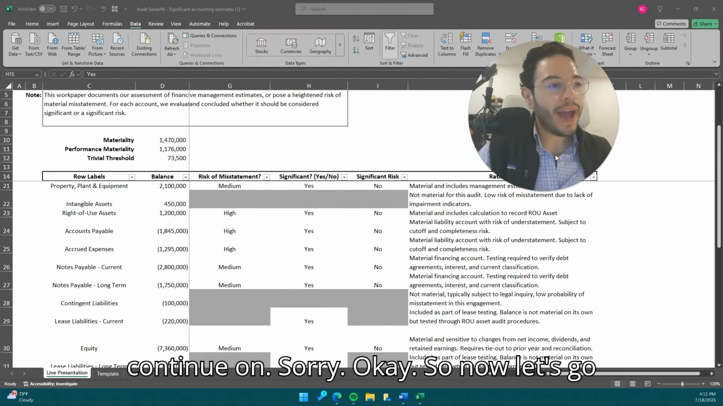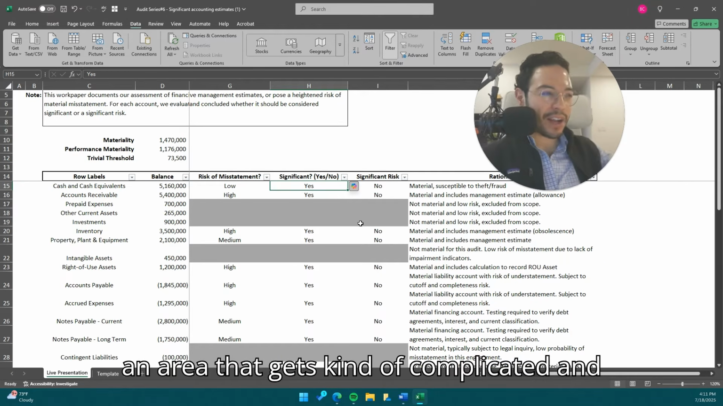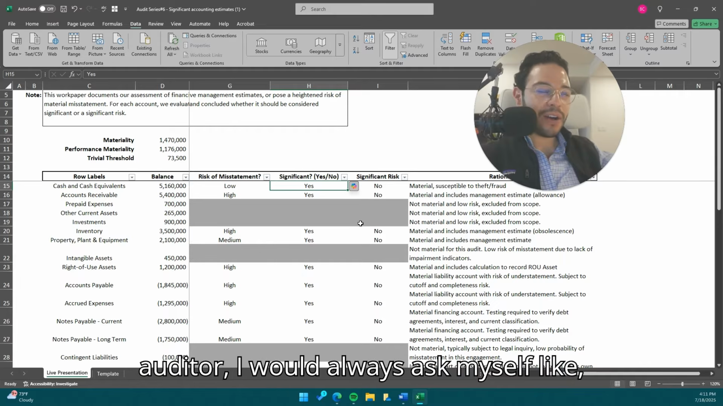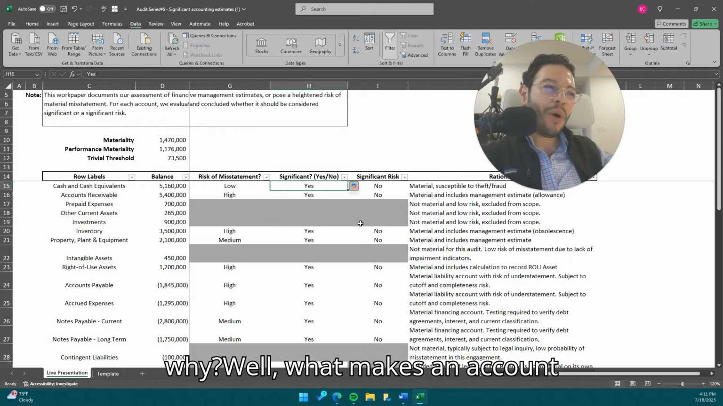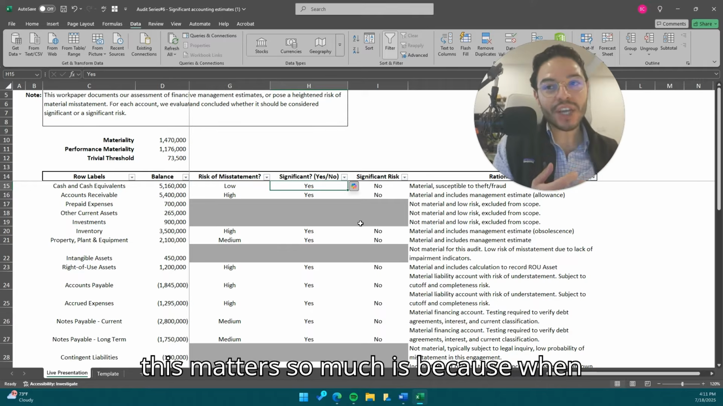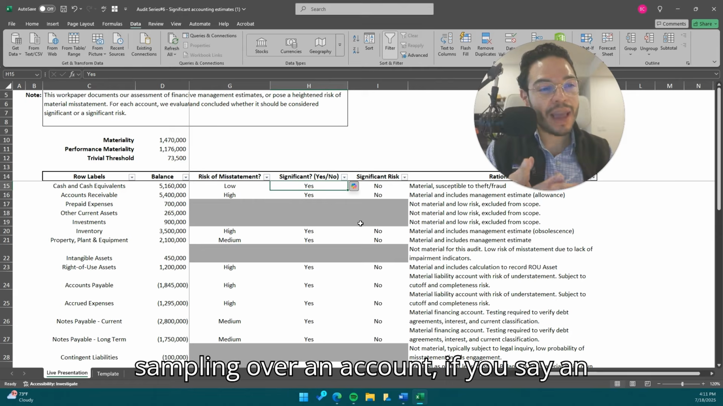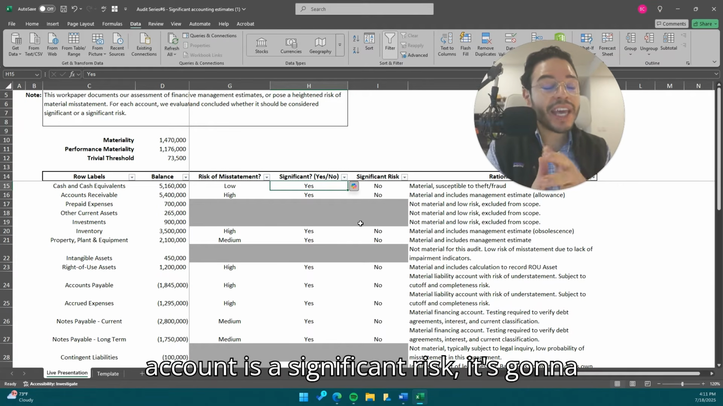Okay, so now let's go over significant risk. This is always an area that gets kind of complicated, and especially when I was a young auditor, I would always ask myself, what makes an account a significant risk? The reason this matters so much is because when you're doing statistical sampling over an account, if you say an account is a significant risk, it's going to increase your